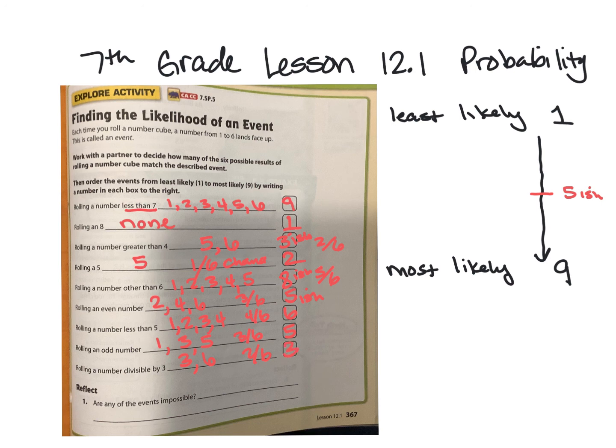Are any of these events impossible? Well, this one was impossible, right? You can't roll an 8 on a 6-sided cube. Was there any others? No, that was just that one. So we'll put that down. Rolling an 8